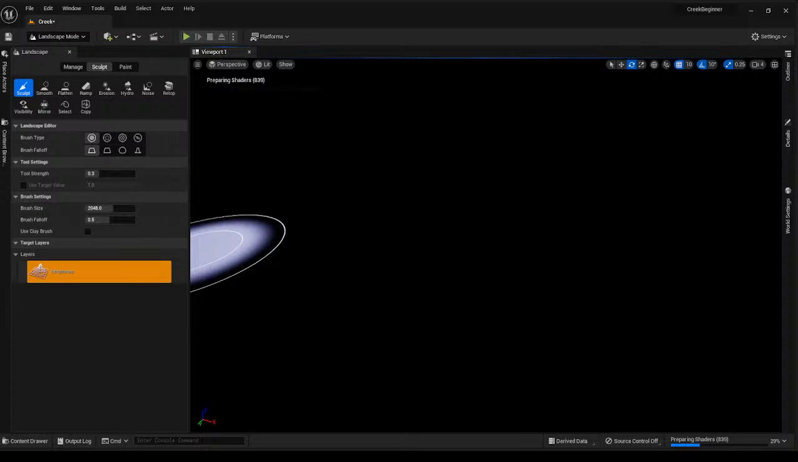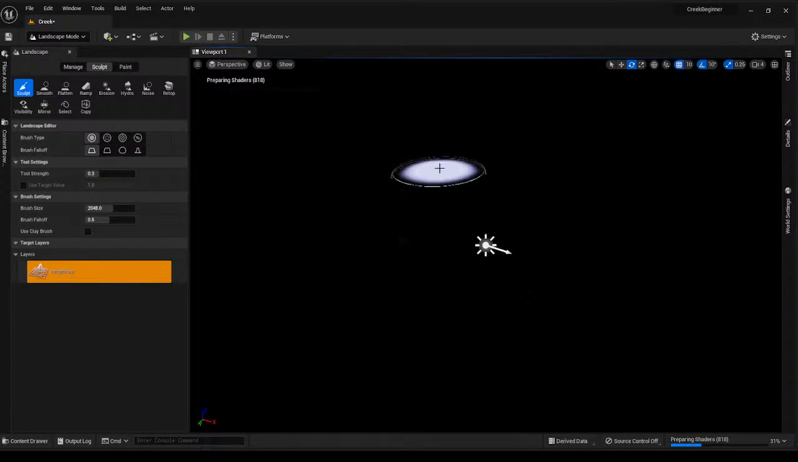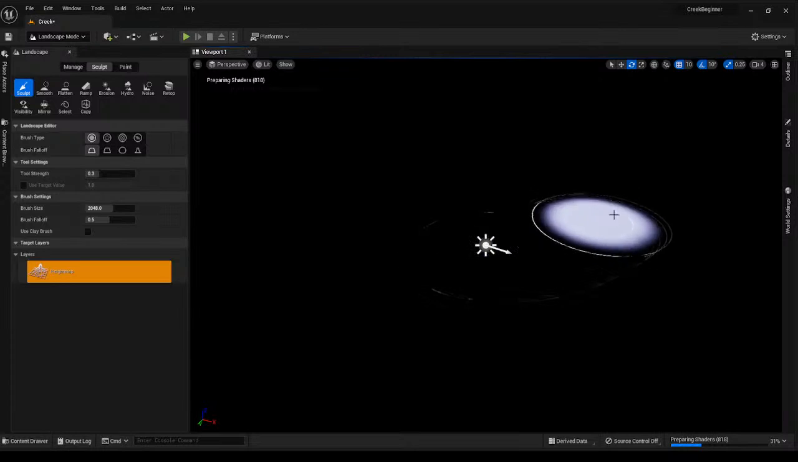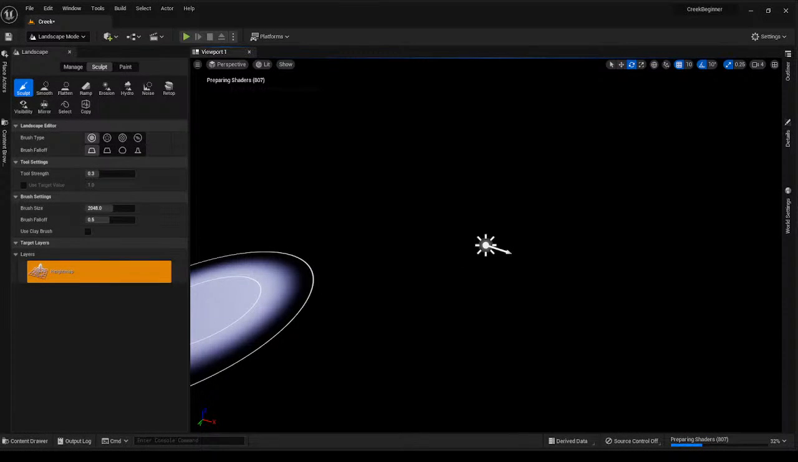Create, just like that. So that will create our landscape, but of course we can't see our landscape because we need a sun. So I'm going to create lights. Let's drag in a directional light. And let's also go to create, visual effects, and let's drag